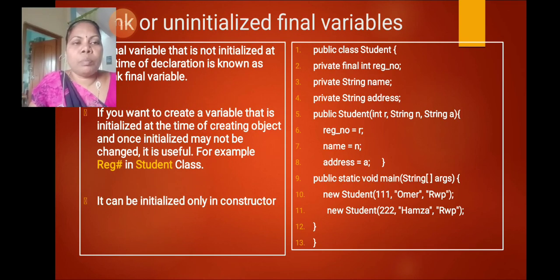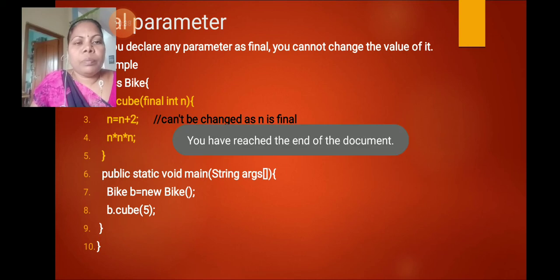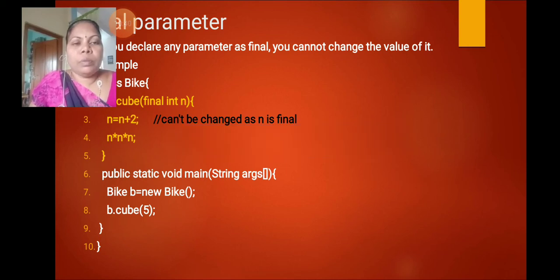This is an example of public class Student. The student number is a unique number, that's why we are declaring it final int. I am showing it on the right side of the picture: final int registerNumber. We declare it final because it cannot change. The remaining values are private values. So this is the usage of the final keyword.